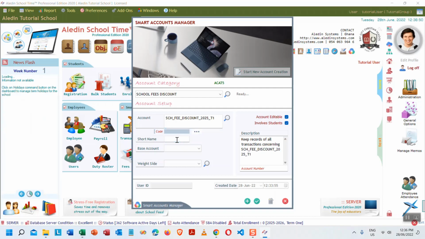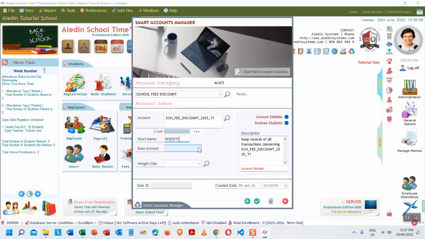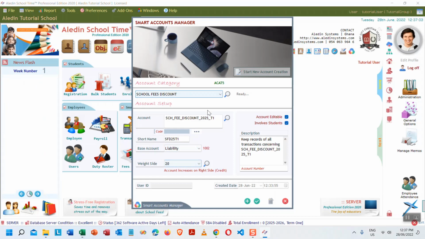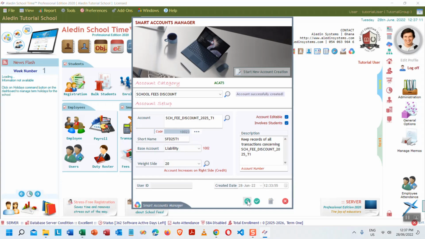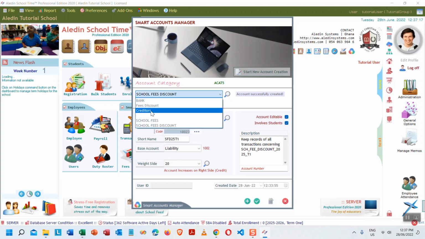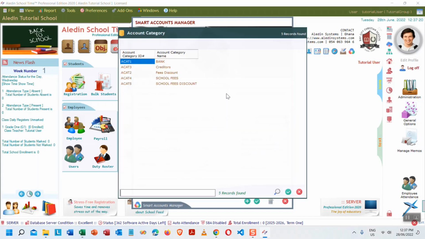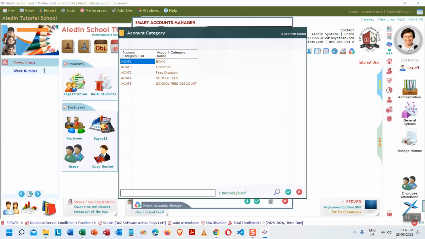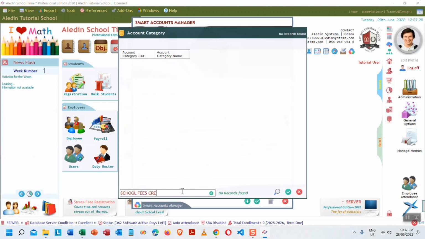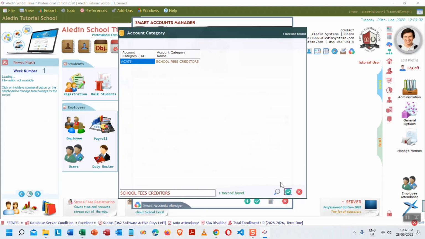All right, then we give it a short name, so it says school fee discount 25 T1 as the short name. And discount is a liability to the school, so we select liability, and then it involves student, good, and then we add it. Okay, and then it's left with one account, that is, let's see if it's the credited, but we'll make it school fees creditors. Okay, so plus we add it,